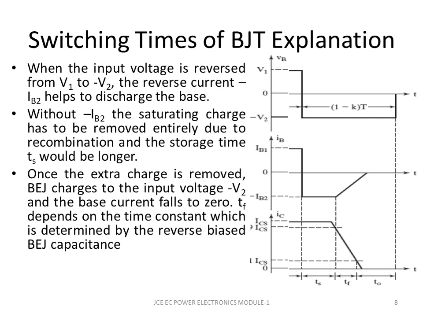TF depends upon the time constant which is determined by the reverse biased base emitter capacitance. Okay, so this is your turn off of transistor. When you are asked for switching times, you should talk of both the turn on as well as the turn off. During turn on, you will get two parameters, TD plus TR, that is the delay time plus the rise time. And during turn off, you will have two values, TS plus TF, that is the storage time and the fall time.